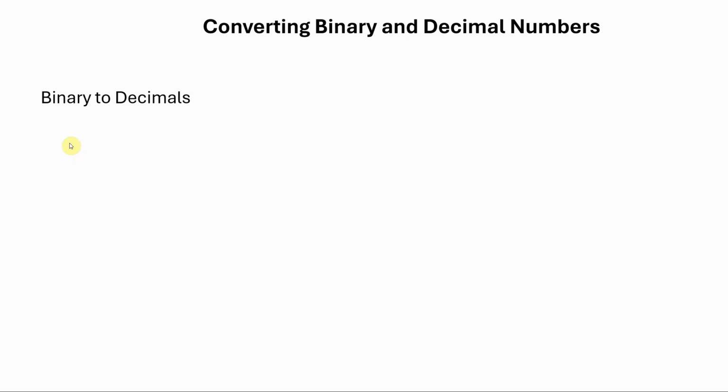So let's start with a binary number. Let's just say it's 1 0 1 1 0 1. Remember, this is really about understanding place values, right? So this is 2 to the 0th power. This is 2 to the first power. This is 2 to the second power, 2 to the third, and so on. So it's not unlike